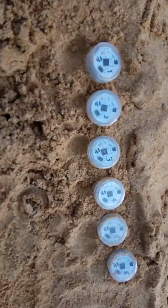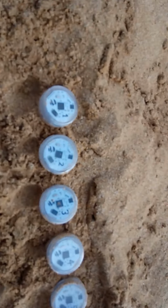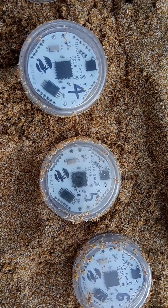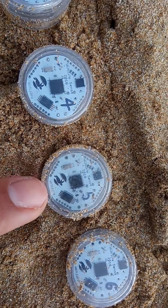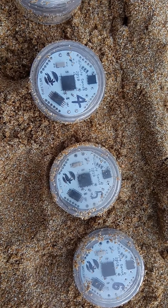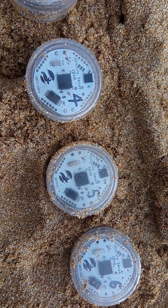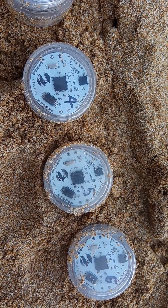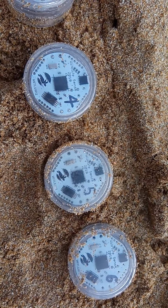Now it's interesting that when I pulled them out, they were all still working except number 5, and you may be able to see that number 5 may have some condensation on it inside, and that could be the reason. It is working now. You may be able to see the LED flashing. No, maybe it's not visible on the camera, but